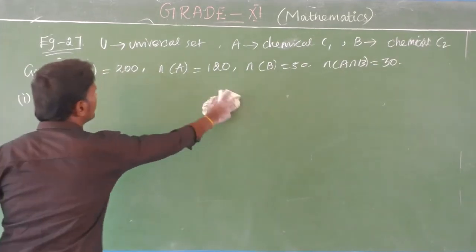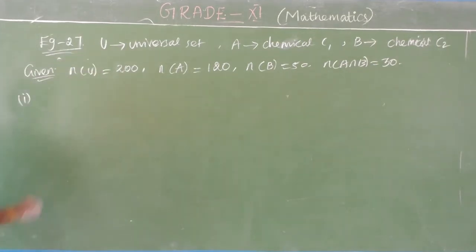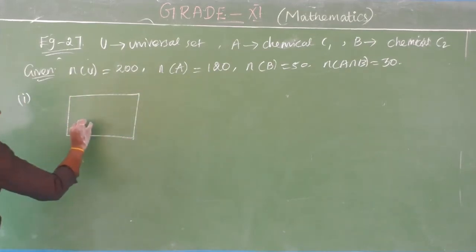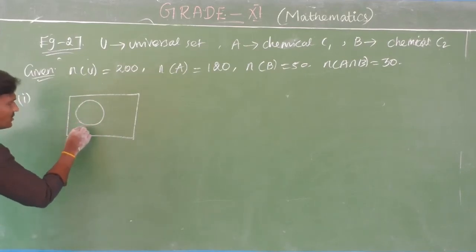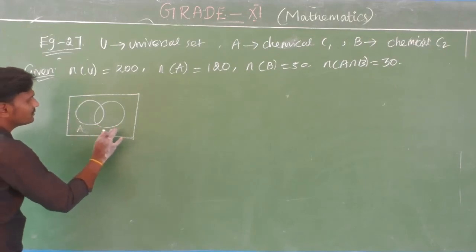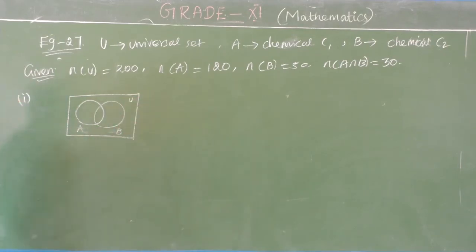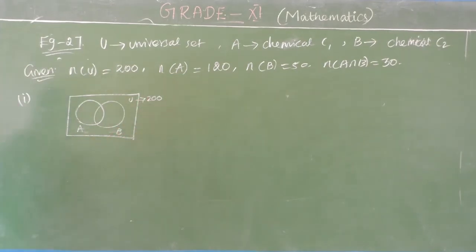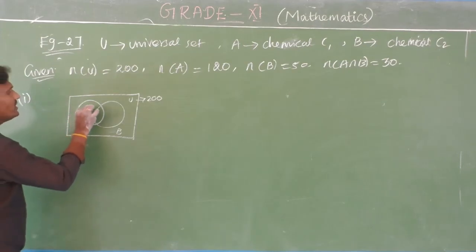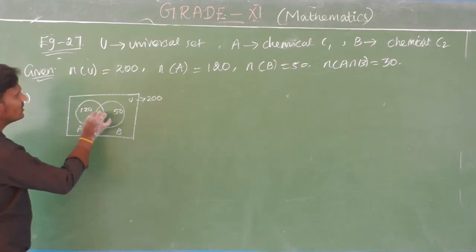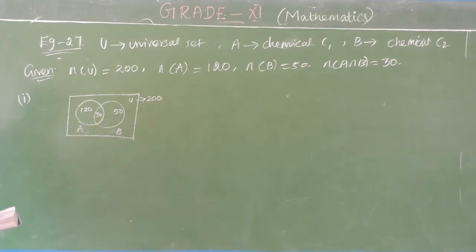I give you some alternate method. This one is based on the Venn diagram. Okay, so this is the easiest way. Here this is C1 and that one is C2, denoted by A and B only. And this is the universal set. So from the universal set, how many individuals are given? 200. Now n of A is 120, n of B is 50, and both also 30.